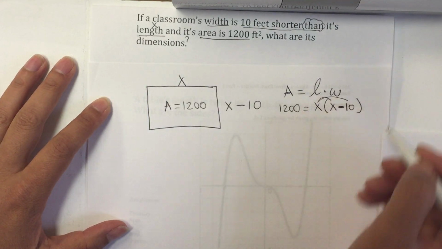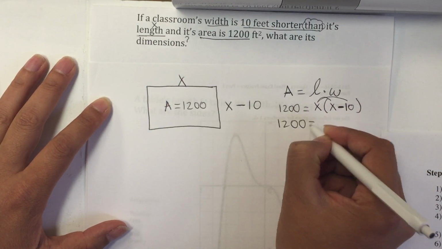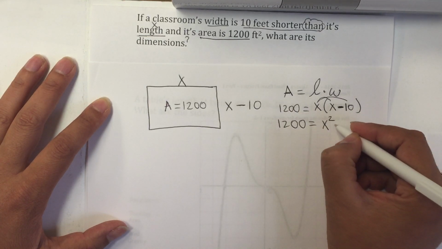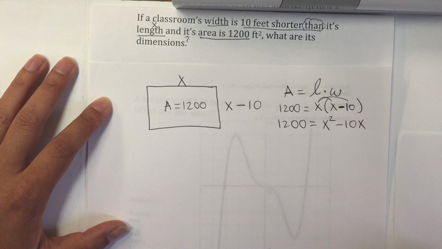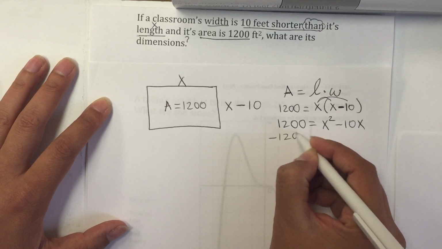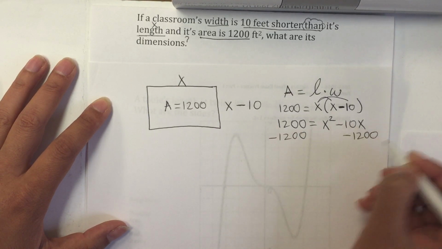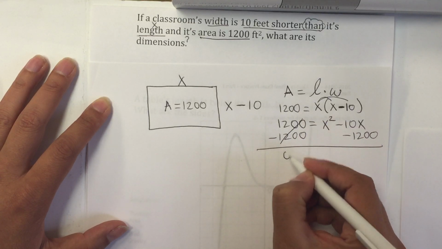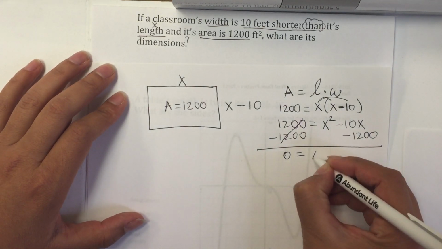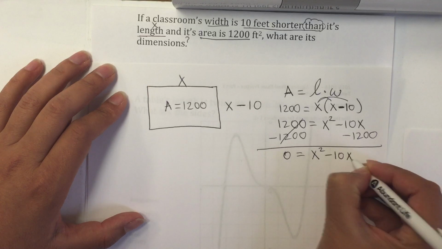Then we do the distributive property. 1,200 is equal to x times x. X times x is x squared. X times negative 10 is negative 10x. The next step to solve this equation is to cancel. Remember that we have to always have it equal to 0 to be able to solve for x if we're factoring or if we're using the quadratic equation. So we're going to have x squared minus 10x minus